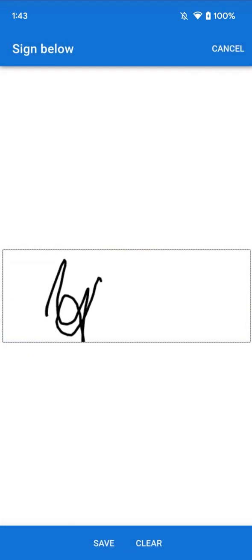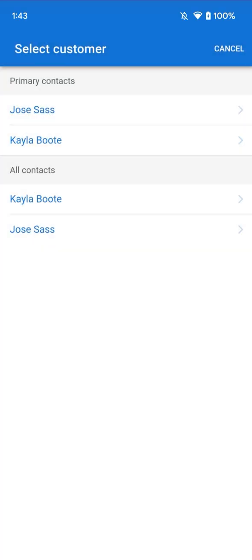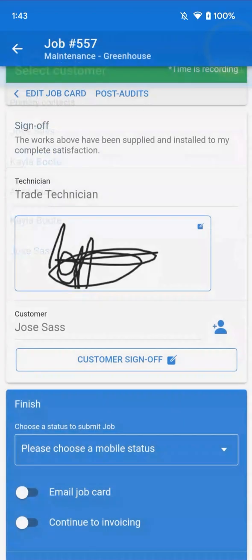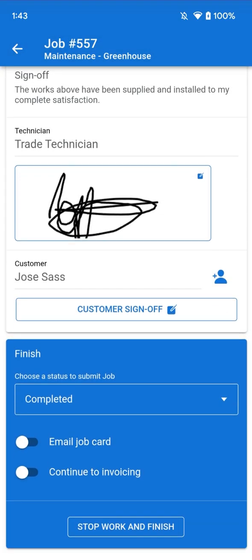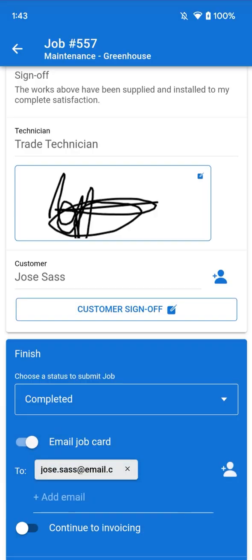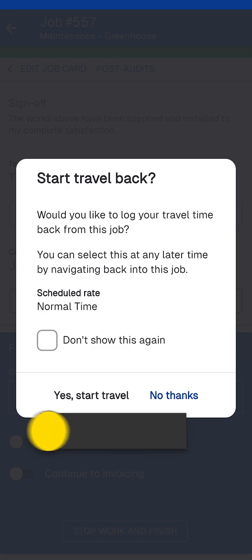Sign off the job with technician and customer signatures. You can select from all customers and site contacts, or enter the customer's name manually. Select a mobile status for submission. Select to send the job card as an email attachment to the customer, and tap Stop Work and Finish to